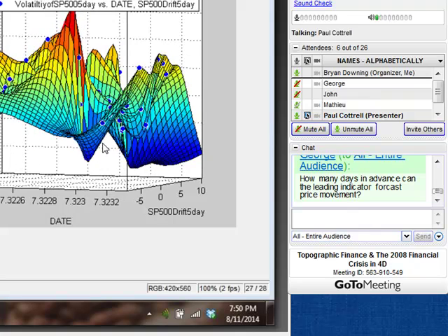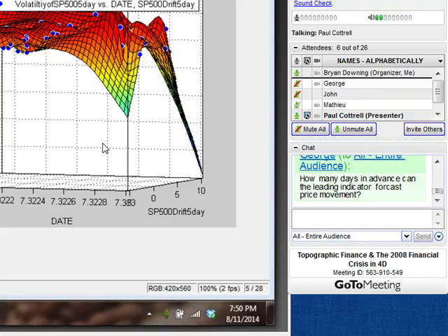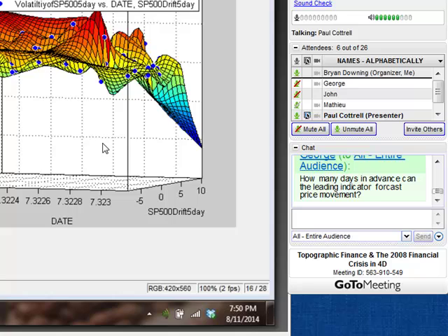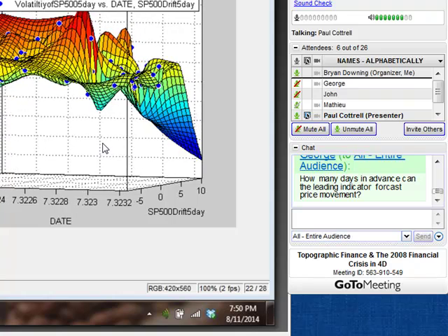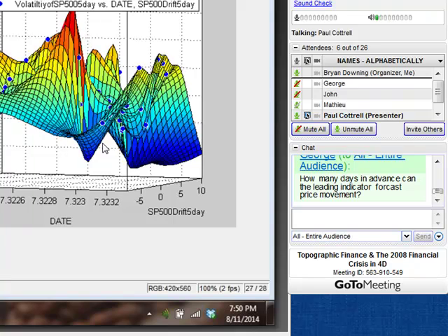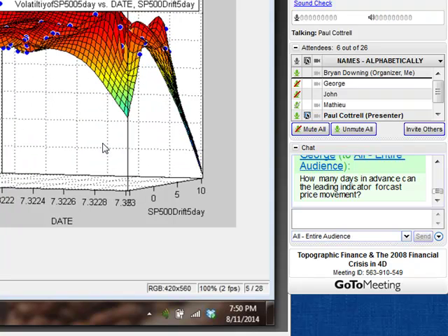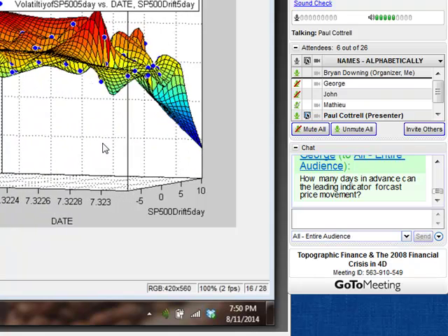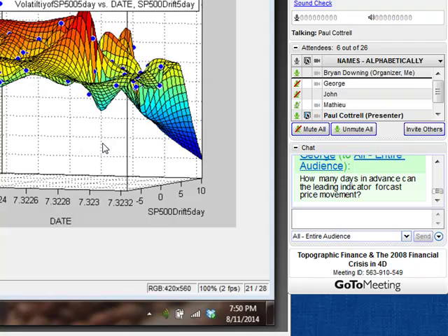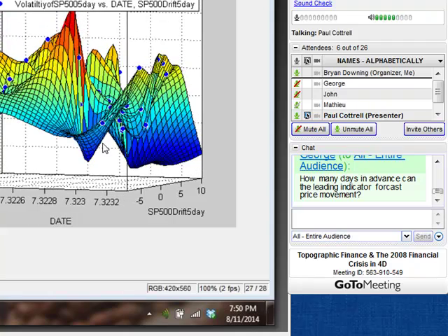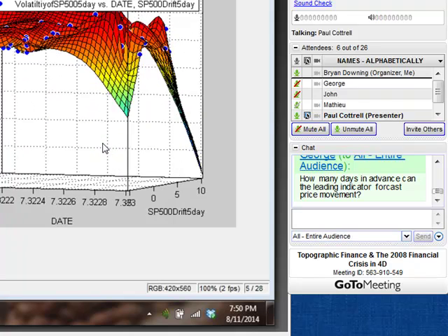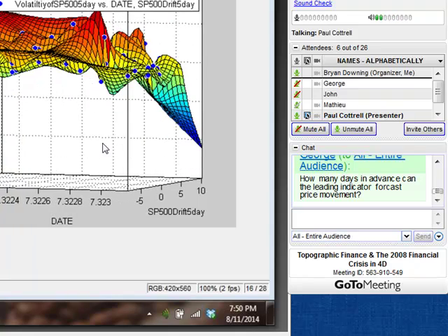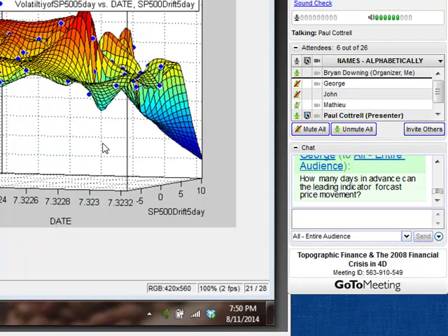I'm not showing it here, but it produces a PDF function and a CDF function. And you can use that in quant trading to determine if the drift, in this case I have 5 days' worth of drift, if the cumulative distribution is, let's say, 80% positive drift, then execute a long trade. Let's say the cumulative distribution was only 0.4 positive, that means 60% is a negative drift, then execute a